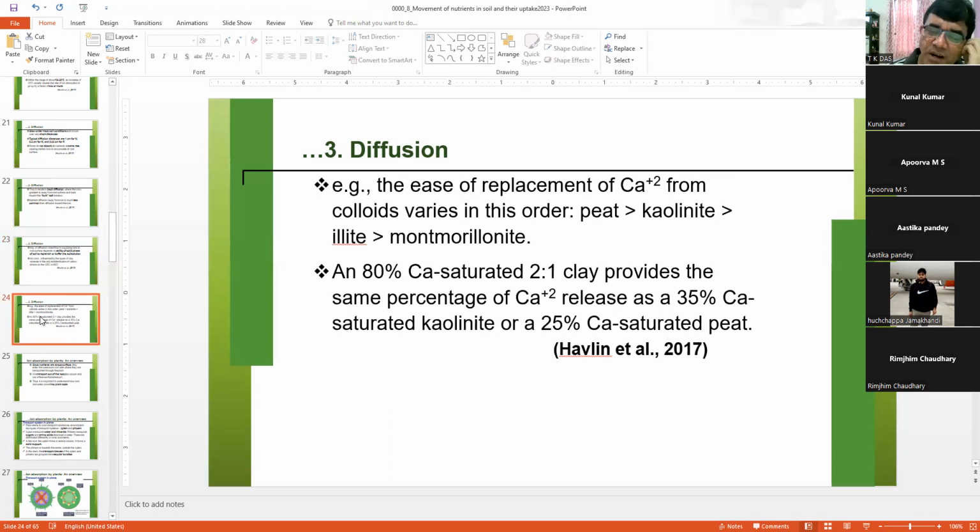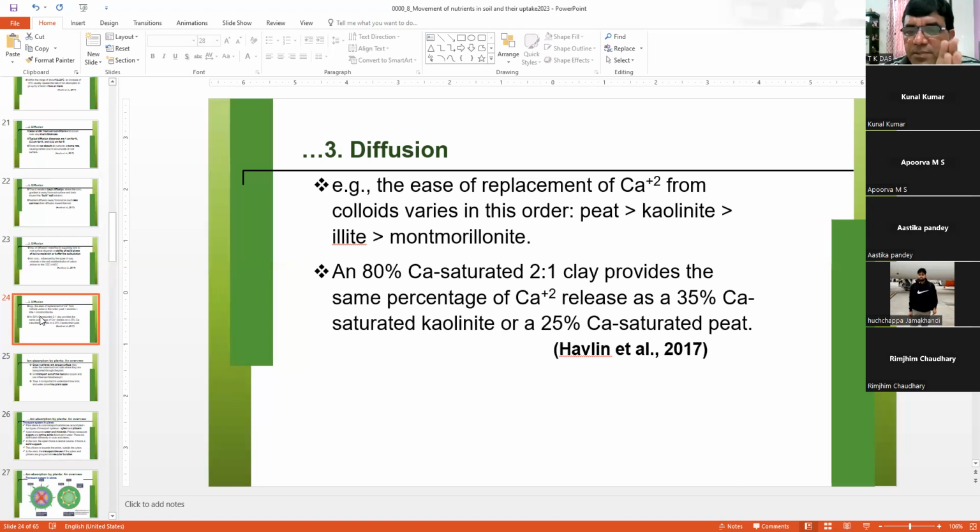This is also important: how these cations are released from the exchange site. For example, the ease of replacement of calcium from colloids varies in this order: peat. If you have calcium on peat, it will be easily released. Then kaolinite, then illite, and montmorillonite. So if your soil is dominated by montmorillonite clays, then your calcium will be adsorbed more tightly, and release